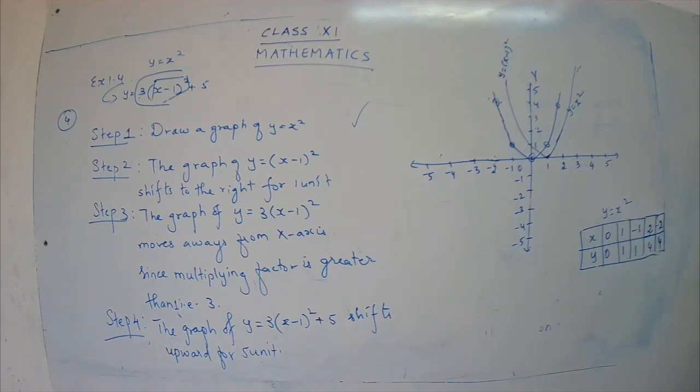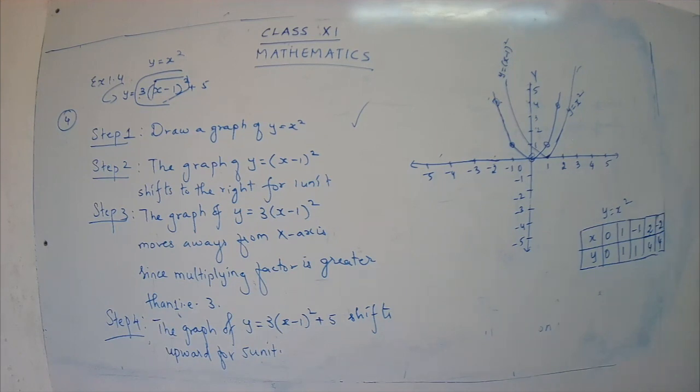This is just using the transformation. See, we are not writing the table and plotting the values. We are plotting the graph using the rules or the definitions. So we have plotted the graph over here. Have you plotted, children? Okay, so we have plotted y is equal to x minus 1 the whole square. Done? Now let's come to the third step.